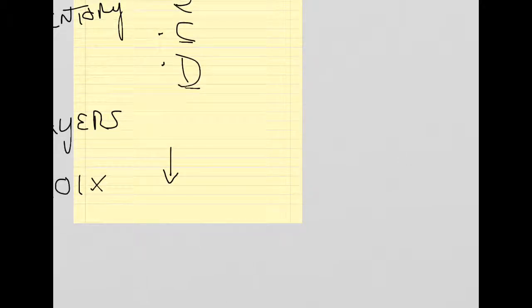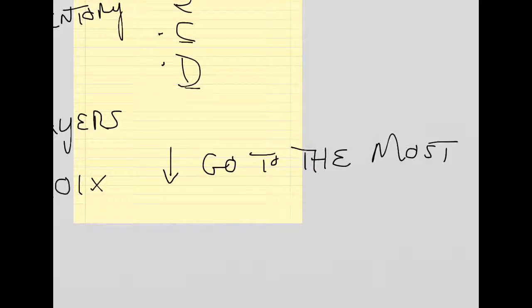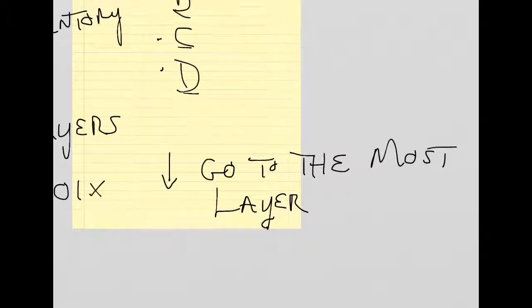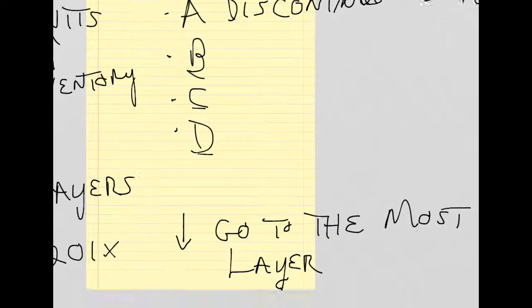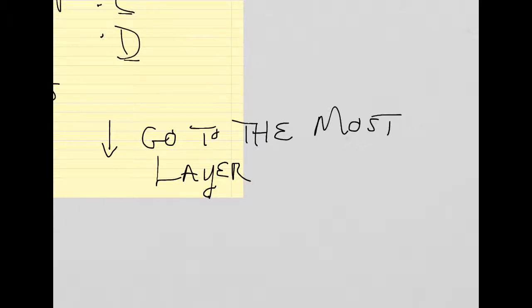And the way we dip into it, as you saw in the demonstration in class, is we go to the most recent layer first. And the most recent layer, in periods of steadily increasing prices, doesn't have the lowest cost per unit in there. We don't go and take out a whole unit like we do here where we're doing LIFO by units. Here we're just doing it by layers or pools of dollar amounts. So we go to the most recent layer, and that's not as bad